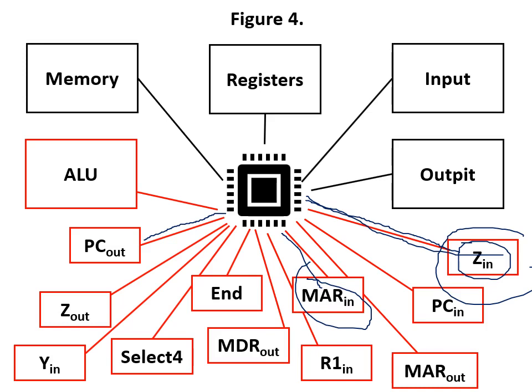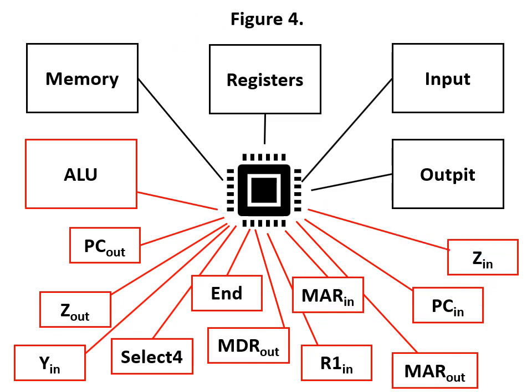Ultimately, whatever signal it sends is either 1 or 0. For example, look at the first clock cycle. Imagine that in the first clock cycle only Z in and MAR in must be executed. Then the processor sends a signal called 1 to Z in and a signal called 1 to MAR in at the first clock cycle, and for all other circuits it sends a signal called 0. Those circuits which receive the 0 signal at the first clock cycle do not work; they just wait. They are idle.